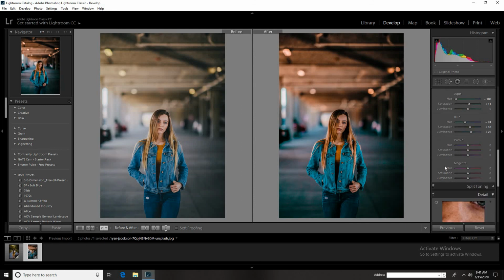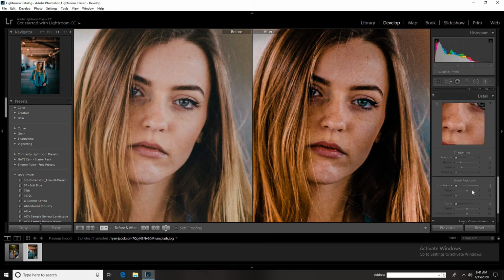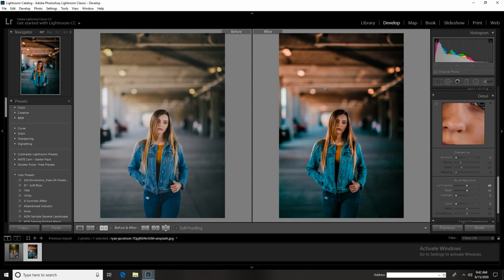After adjusting it, there is no magenta color in it, as you can see, but there is a bit of purple in the back. So I'll change it to a bluish hue. After adjusting the colors, you can see that it got much grain and detail. So I'll again increase the noise reduction around 40 to 50, and you can see it got much smoother, and the picture looks absolutely pretty.